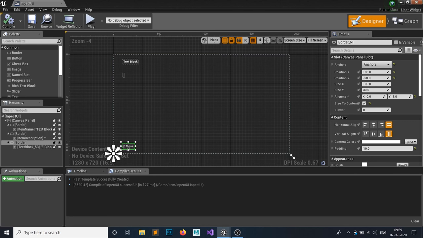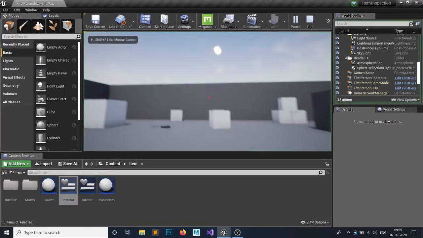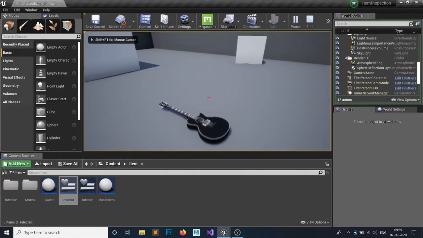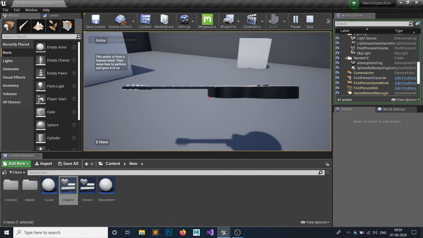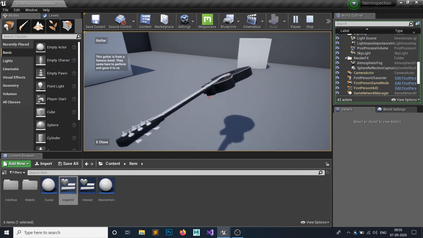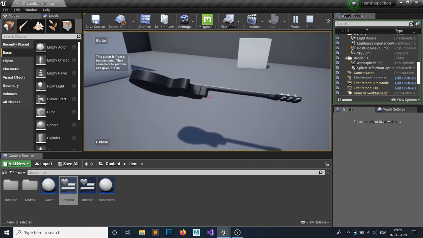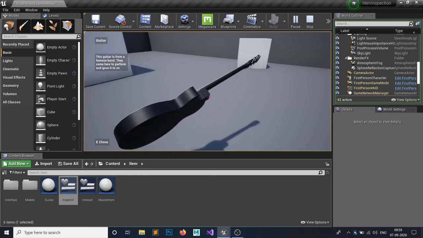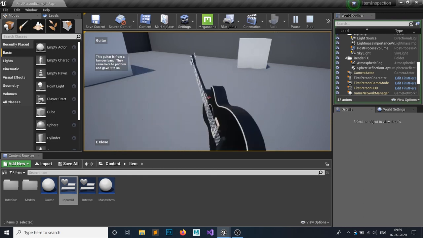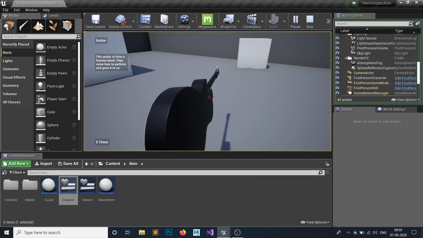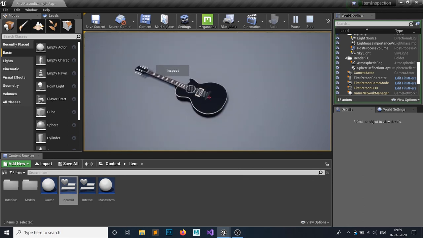Compile, save, and let's see how this is going to work. So if you press E, you can see we have our guitar. We can use WASD to rotate it. We can also press the mouse to do rotation. If you press E, then it will bring it back to wherever it was.